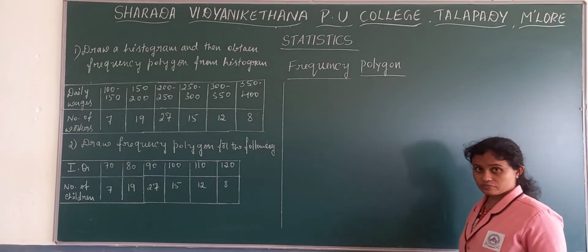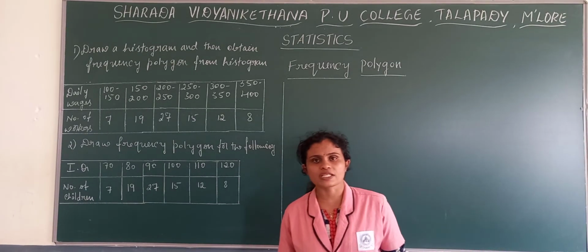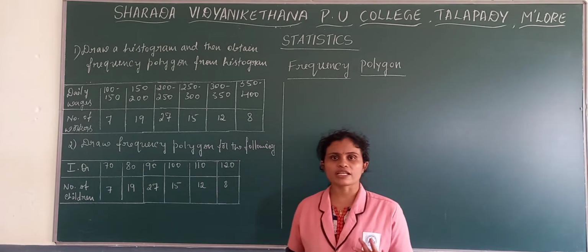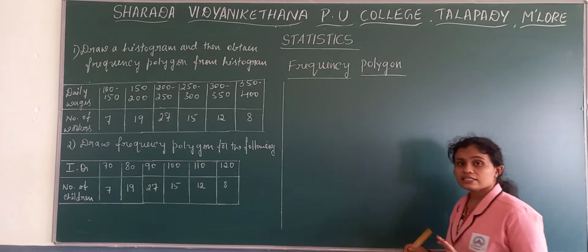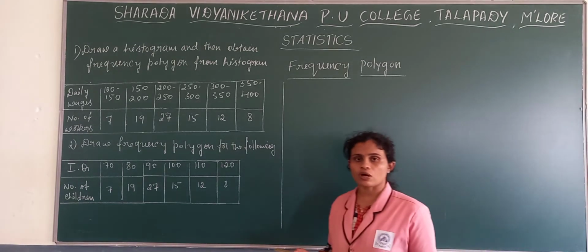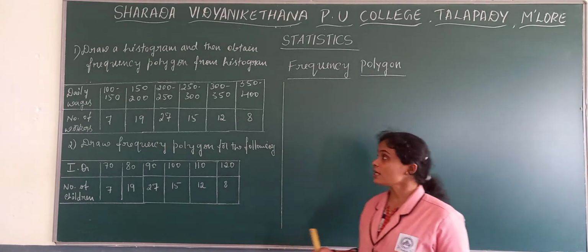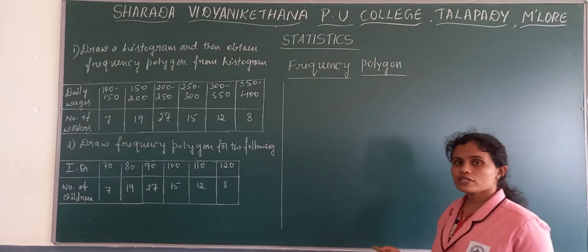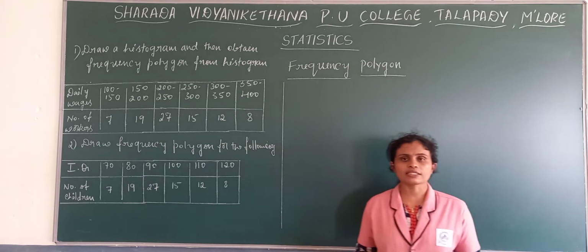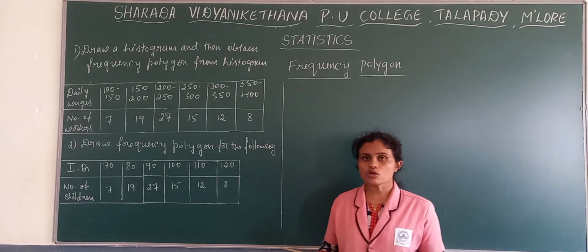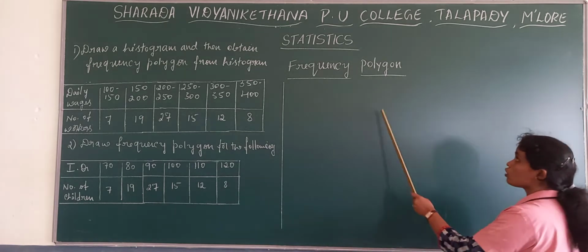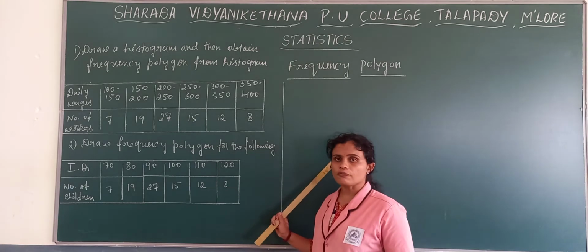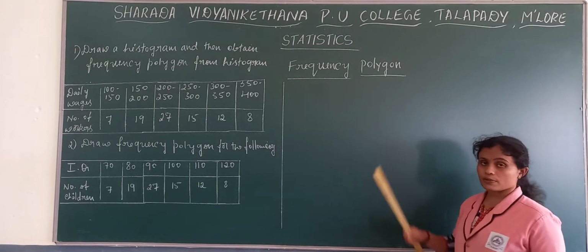Till now we were discussing how to represent the frequency distribution in the form of a graph. As I said, there are four kinds of graphs which we are going to study. The first one, the histogram, we already completed in the last session, and today we are moving towards the frequency polygon. After the frequency polygon, there are two more graphs, that is the frequency curve and also ogives. Now, in order to draw a frequency polygon, we require the histogram. We need to draw the histogram initially, then we need to draw the frequency polygon.